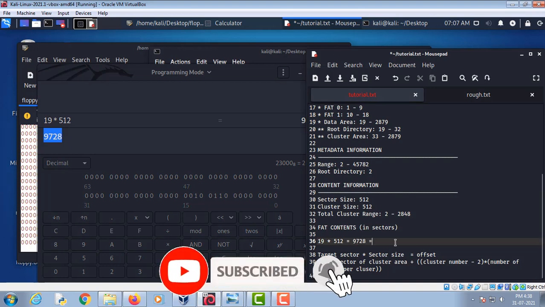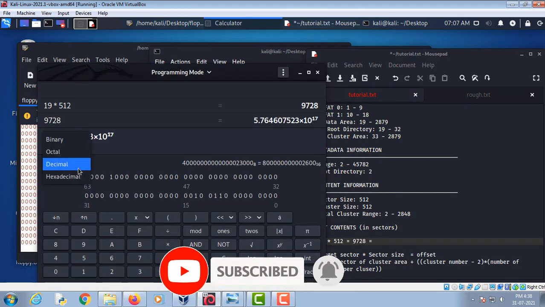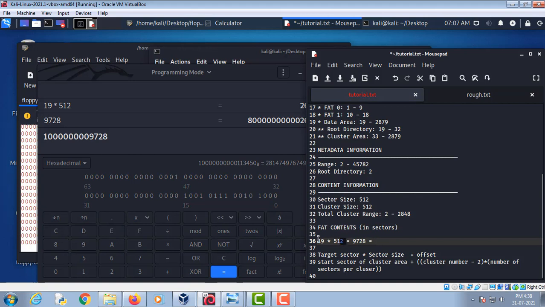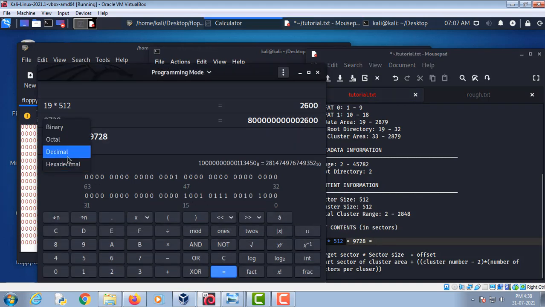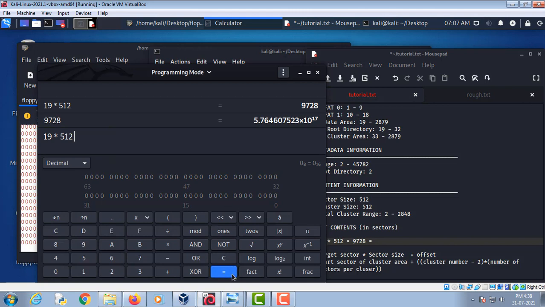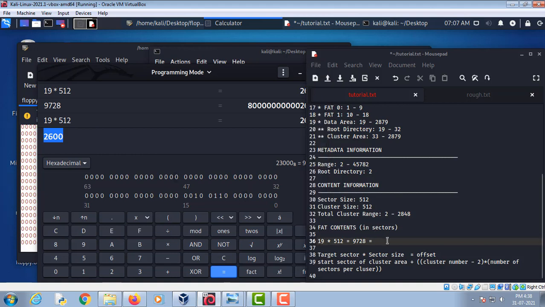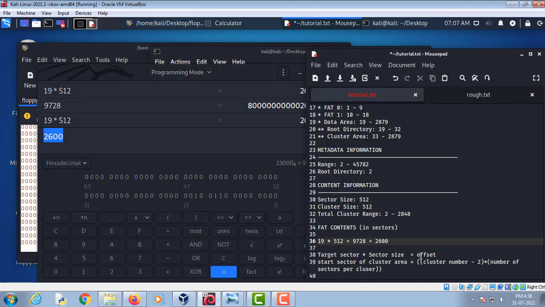Now we will convert it into hexadecimal value. I made a mistake. Since it is in hexadecimal, we will use 0x.